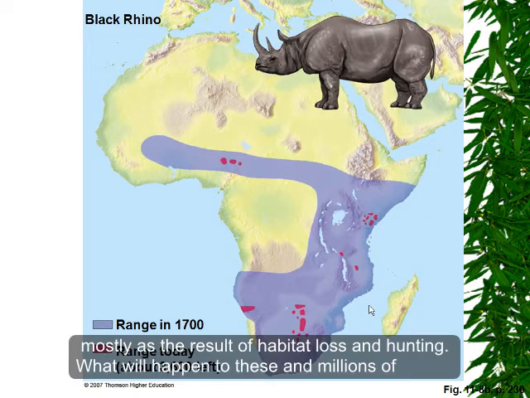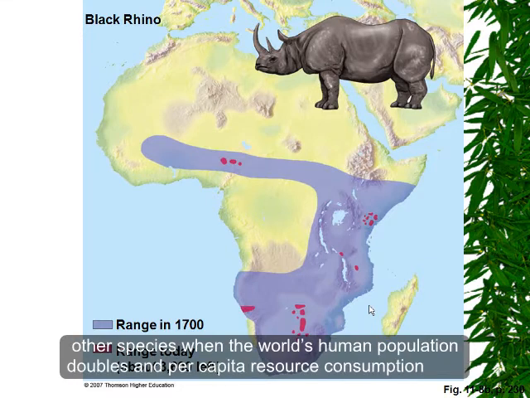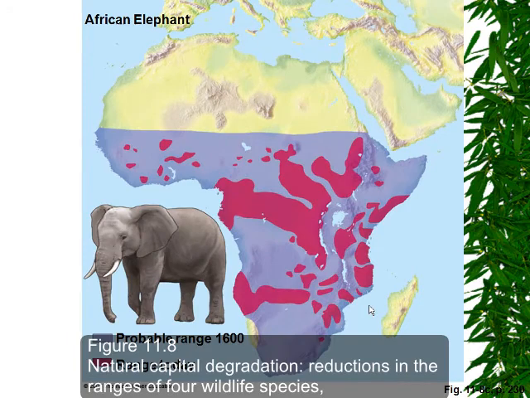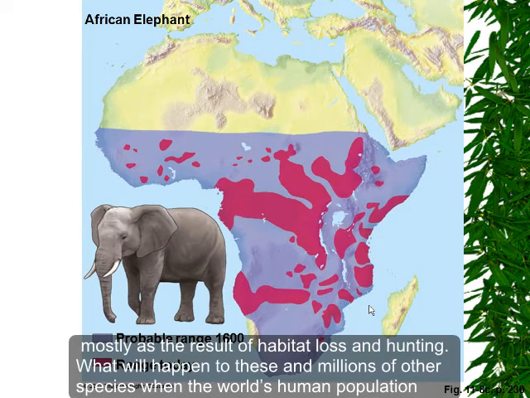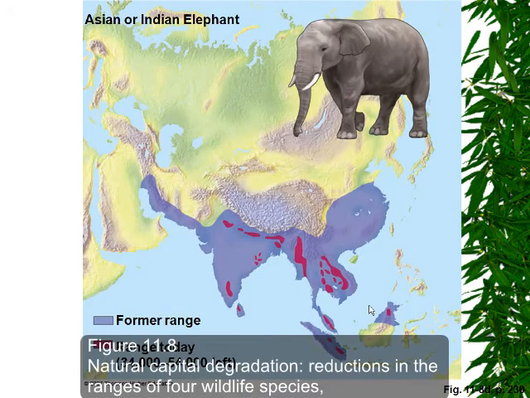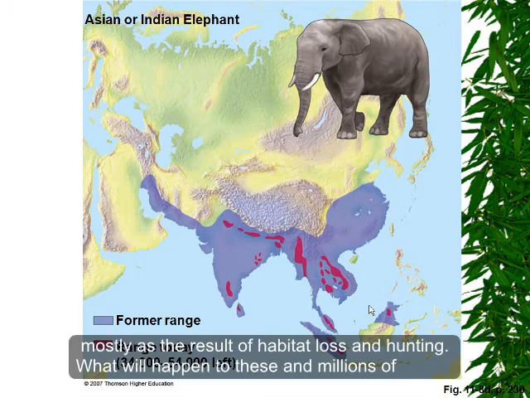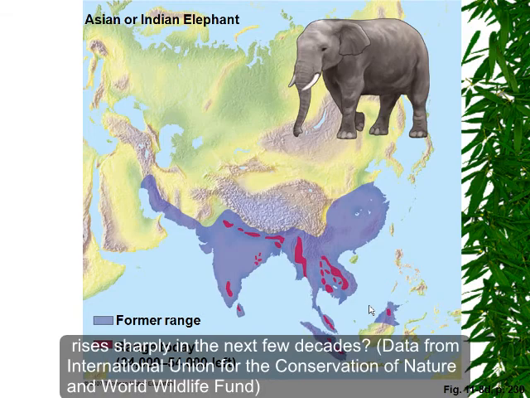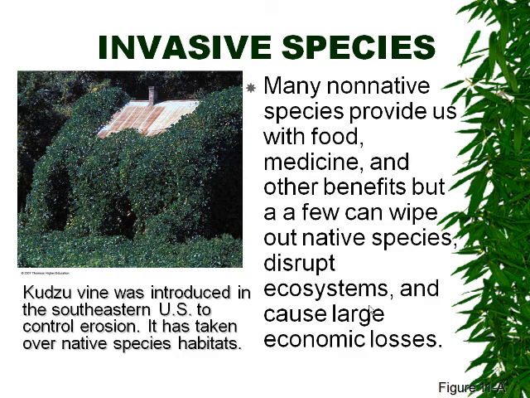They're not found in all areas they used to be found. The black rhino, same thing. There's about 3,600 left today. A couple hundred years ago, huge range. Same for the African elephant. The Asian or Indian elephant, same thing. More individuals of these left, but significantly smaller range. And I think we're going to